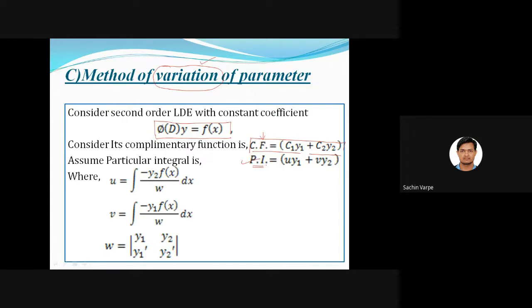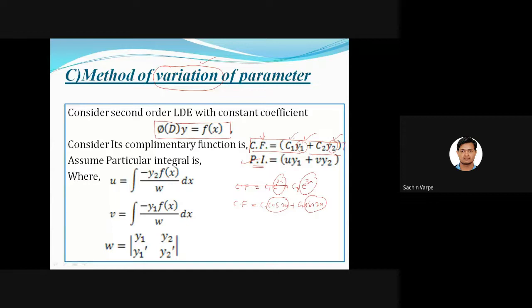Next solution. So how do we find the particular complementary function? Let us suppose if we have the complementary function to be c1 y1 plus c2 y2, where y1 and y2 are the functions of x. Like suppose, for example, complementary function is c1 e to the power 2x plus c2 e to the power 3x, isn't it? So this is our y1 and this is y2. Or if the complementary function is c1 cos 2x plus c2 sin 2x, then this will be y1 and this will be y2. Okay, so basically y1 and y2 are the functions of x.